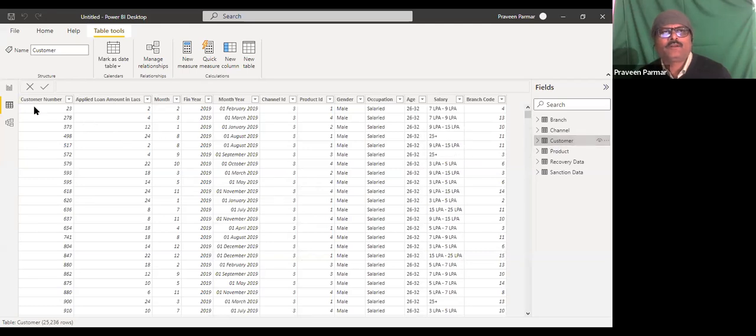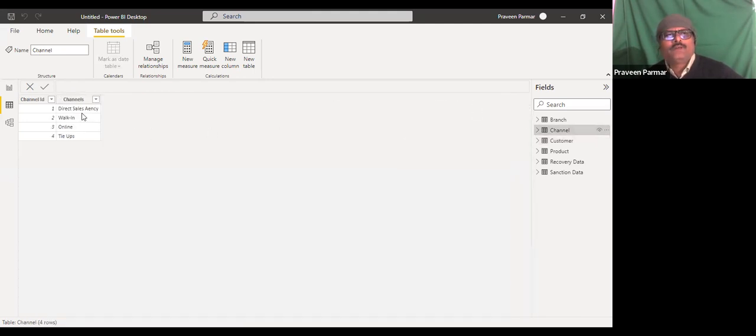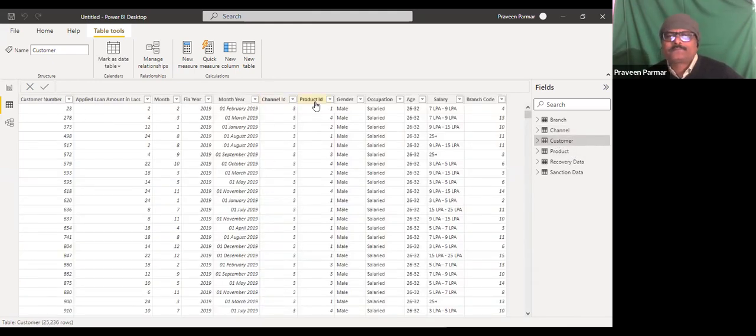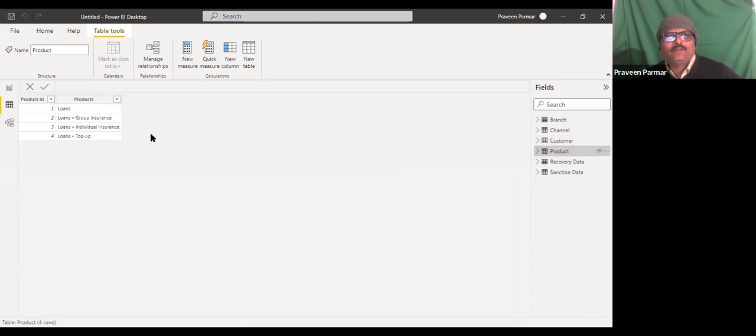In customers, I am getting the customer number, applied loan amount in lakhs, month, financial year, month, year, date, channel ID. Channels I have shown you: direct sales agency, walk-in, online types. These IDs would be there. Product ID is there. I will explain the product table here. These are the products: loans plus group insurance, loan plus individual insurance, and loan plus top up. So these are in the product table.